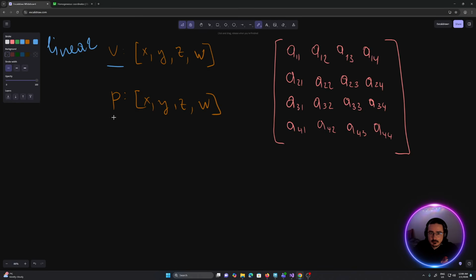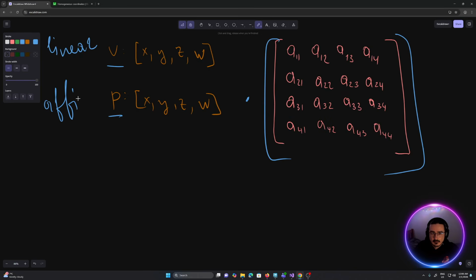And when we multiply our point with this matrix, we do the affine transformation. And the difference between linear and affine is that the linear transformation just transforms or implies the